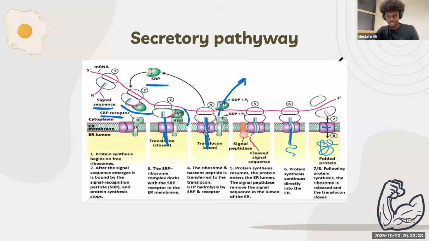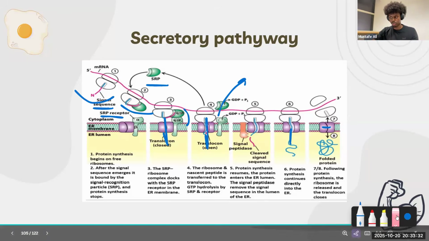To explain it in simple terms, I'll repeat one more time. There is the ribosome with the mRNA right outside of the ER. Once it is right outside of the ER, it will code for the first couple of peptides. The first couple of peptides coded for by the ribosome of the mRNA is going to be the signal sequence. Now, this signal sequence will allow for this SRP, or the signal recognition particle, to bind onto